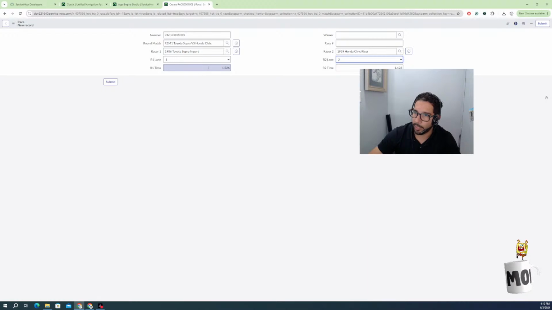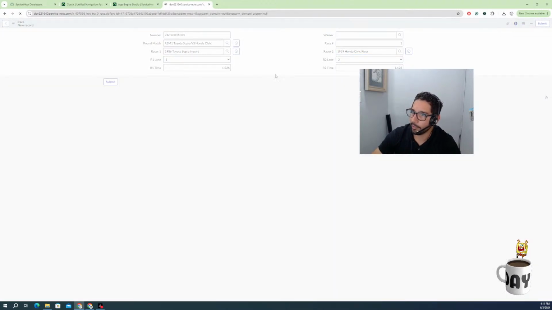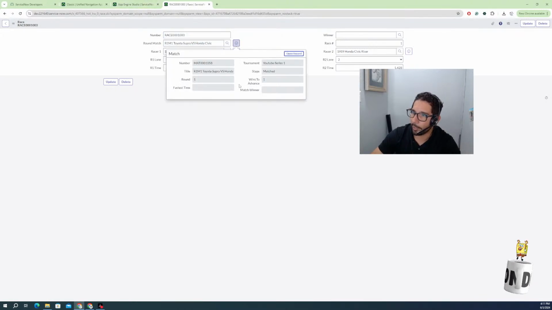So we need to make sure that we keep their information correct, right? And then we have a race number: our first race, second race, third race. So this is an example here, but if we save this, the lowest time should become the winner, right? Okay. Now, it goes up to the parent record,